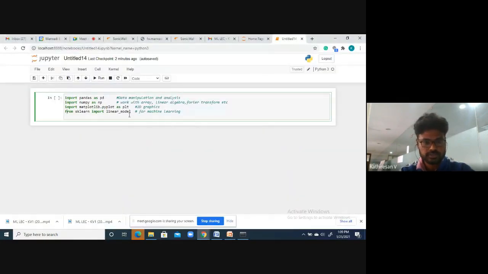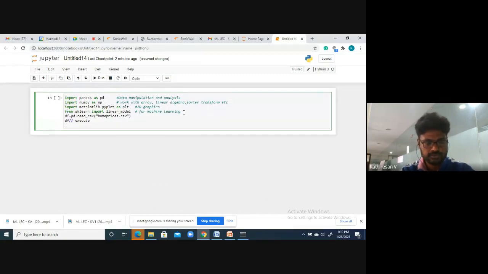For that, we have to execute these two lines of code. df is nothing but a data frame using pandas. pd.read_csv is the code to read the CSV file from your machine into the Python environment.